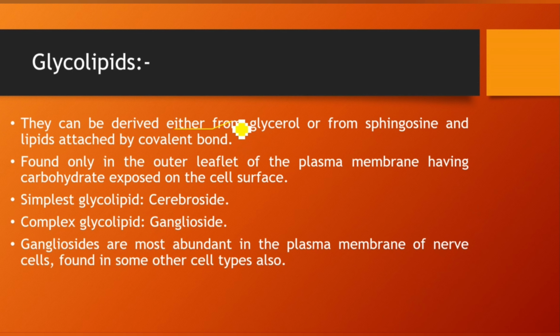Next, if we talk about the glycolipids, they can be derived either from glycerol or from sphingosine, and the lipid is attached by a covalent bond here. Glycolipids are found in the outer leaflet of the plasma membrane and they have a carbohydrate exposed on the cell